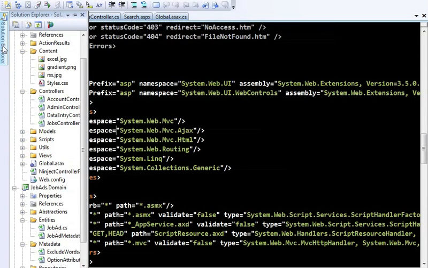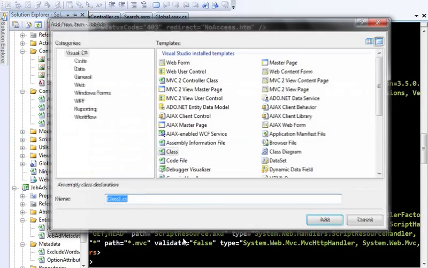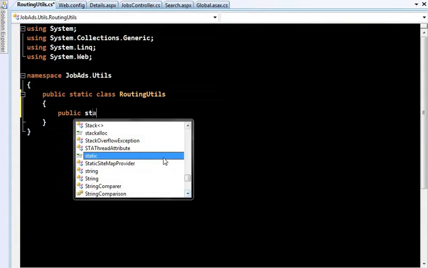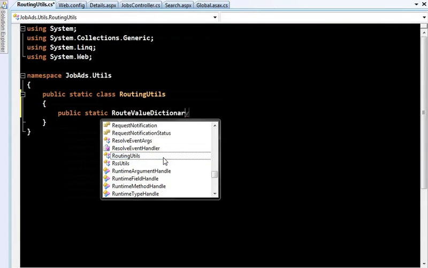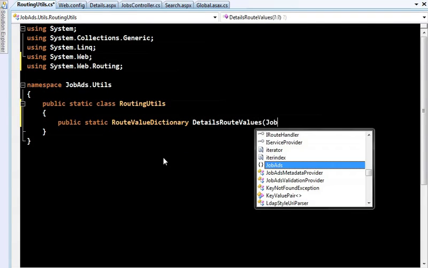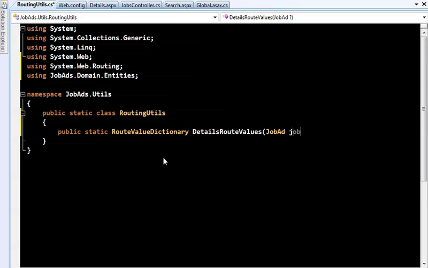I'm going to start by creating a new utility class called RoutingUtils. And inside there, I'll create a method called DetailsRouteValues as an extension method on JobAd, and have it return all the route values that I think are relevant when someone's navigating to a job ad details page.